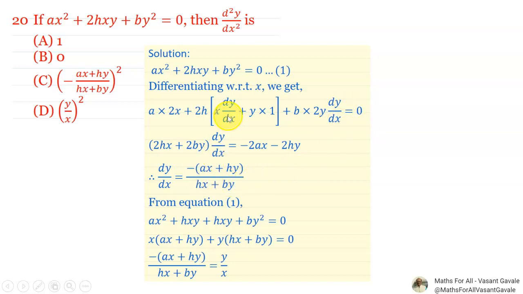पुढे कलेक्ट करणार dy by dx च्या टर्म्स, that is 2hx plus 2by ब्रॅकेट कंप्लीट into dy by dx minus 2ax minus 2hy. Therefore dy by dx is equals to 2 get cancelled from on both sides. Then you will get here minus in bracket ax plus hy upon hx plus by. Again from the equation 1 ते वरचे एक्सप्रेशन आपल्याला असं लिहिता येईल 2hxy can be written as hxy plus hxy, बाकी टर्म्स as it is. या दोघातनं x कॉमन, या दोघातनं y कॉमन, and then you will get the value of minus ax plus hy upon hx plus by is nothing but the y upon x,